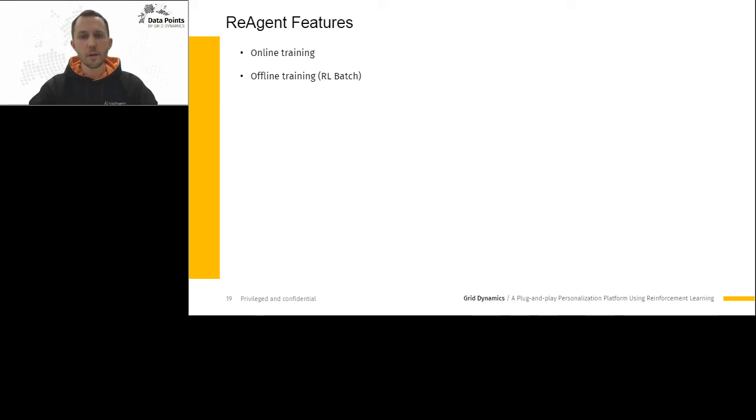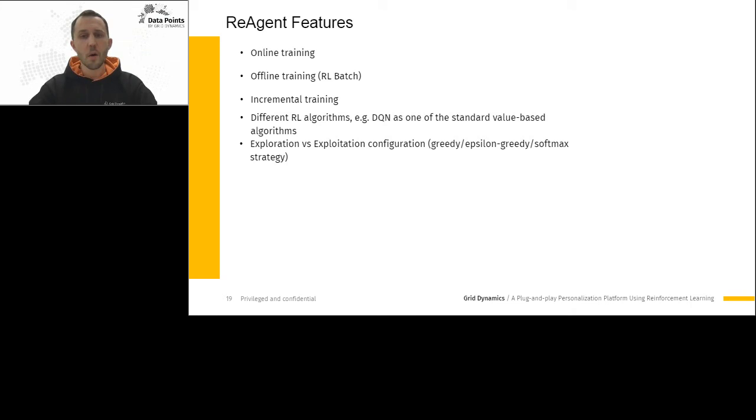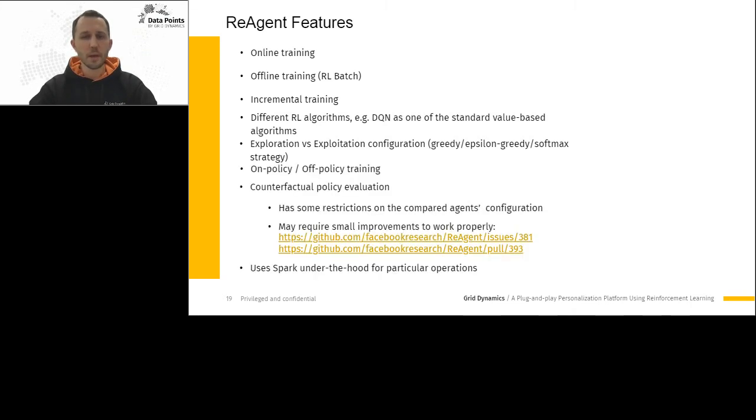As you may have noticed earlier in the architecture diagram and its implementation, it was about learning cycles. The harness for starting training loops is built quite easily from the Reagent toolkit because the guys did a good job and it was decomposed as it should. Different RL algorithms are supported for both online and offline training. There is support for exploration-exploitation with different sampling strategies. On-policy and off-policy training is supported. Unfortunately, we don't have time to dig into details, and please learn about it later if you'd like.